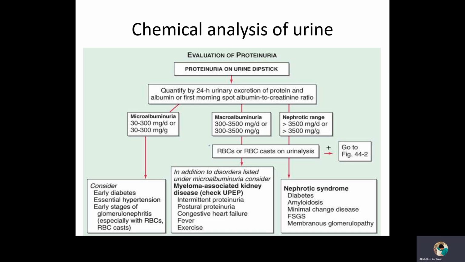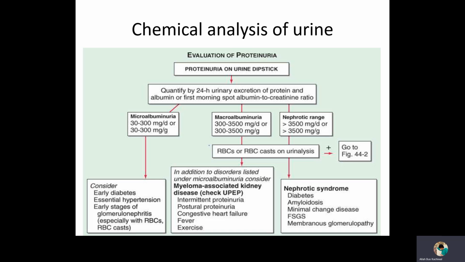Microalbuminuria is 30 to 300 mg per day or 30 to 300 mg per gram, whereas macroalbuminuria is 300 to 3,500 mg per day or 300 to 3,500 mg per gram. Nephrotic range can be more than 3,500 mg per day and